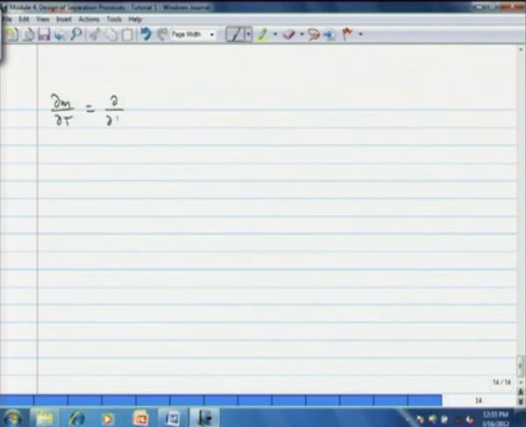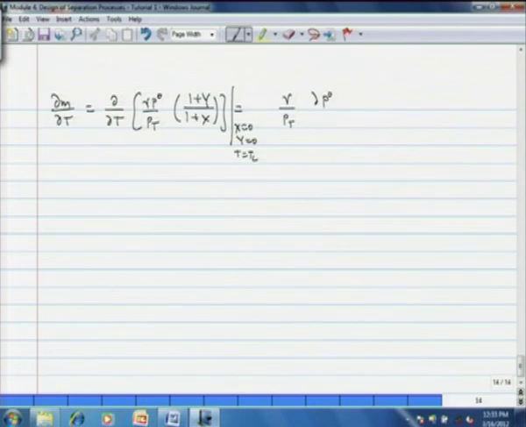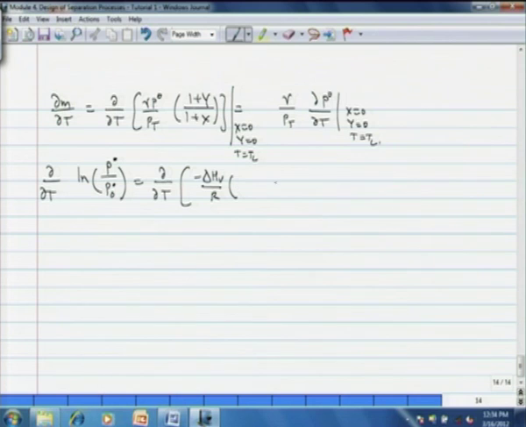∂m/∂T is ∂/∂T of γ P₀/Pt into (1 + y)/(1 + x) at conditions x = 0, y = 0, t = TL, and then everything comes out. What we get is γ/Pt into ∂P₀/∂T at condition of x = 0, y = 0, t = TL. Now ∂/∂T of ln(P₀/P₀₀), we just take the derivative of the Clapeyron equation, is ∂/∂T of −ΔHv/R into (1/T − 1/TL), and then this is ΔHv/RT²